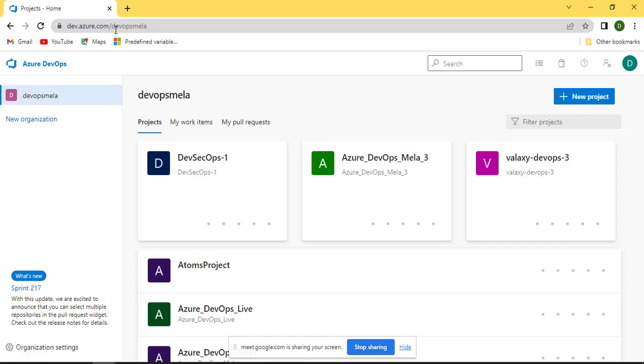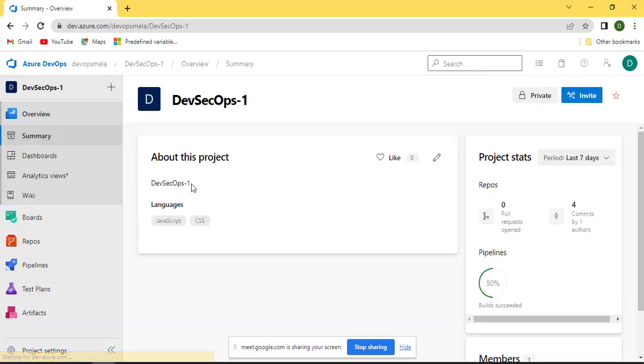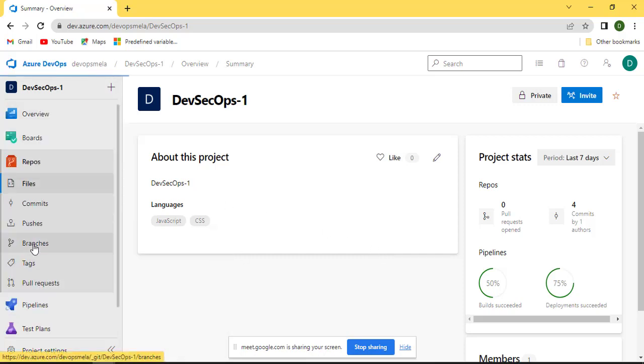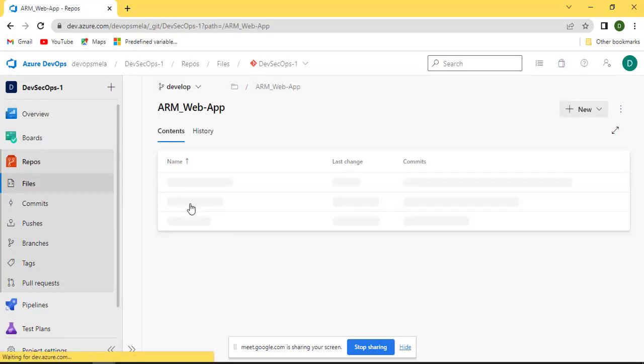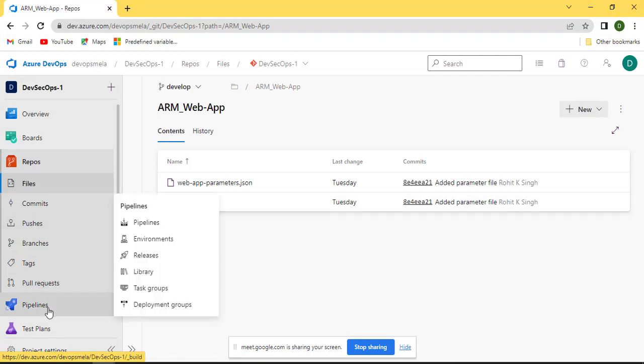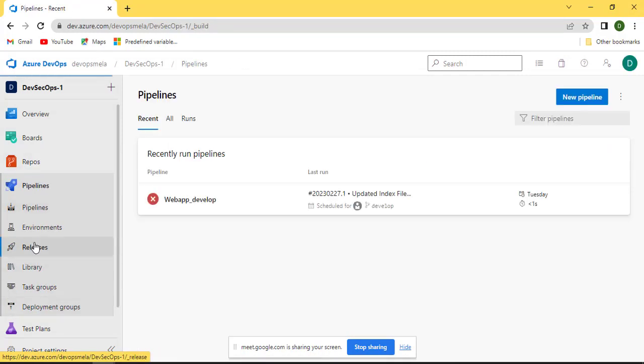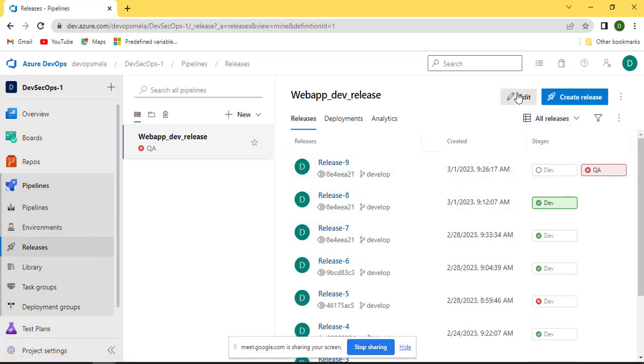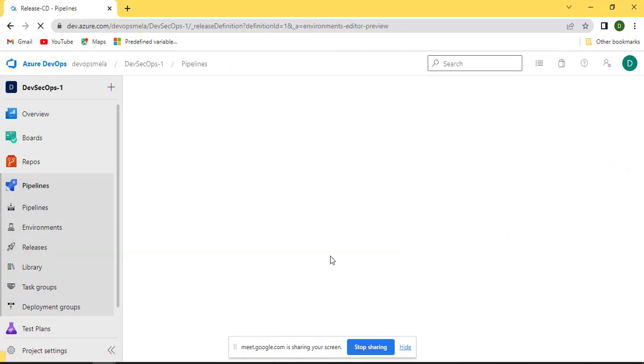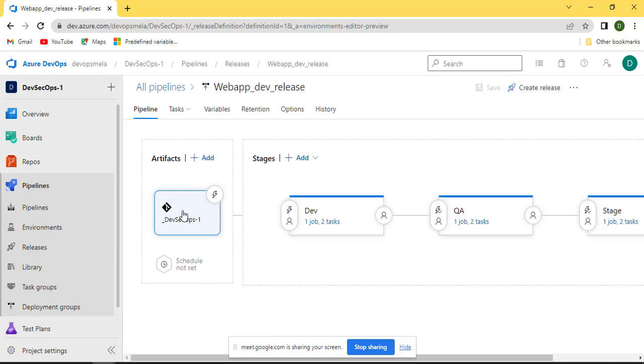Now taking this one step further, let's go ahead and integrate the same thing with the build and release pipeline. Now we have the templates in my repository over here. And till now we were running the template directly from the source, that is from the repository source, which is not right. I want this to be part of my